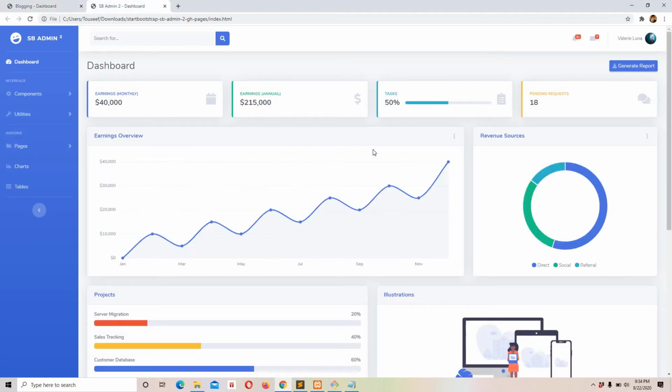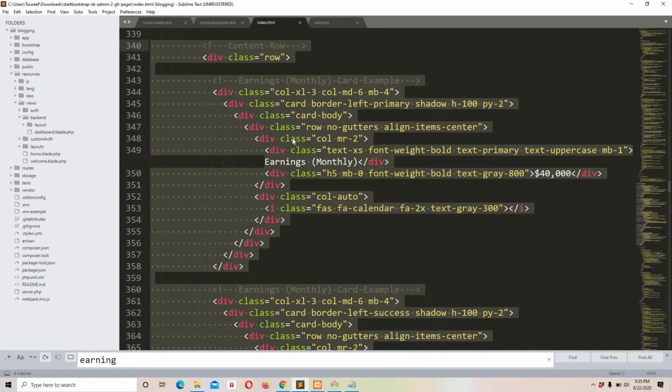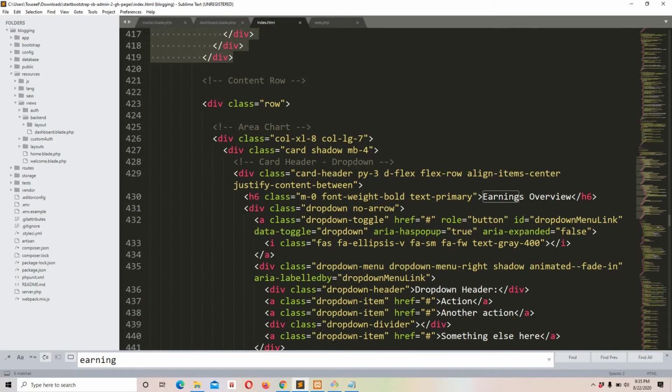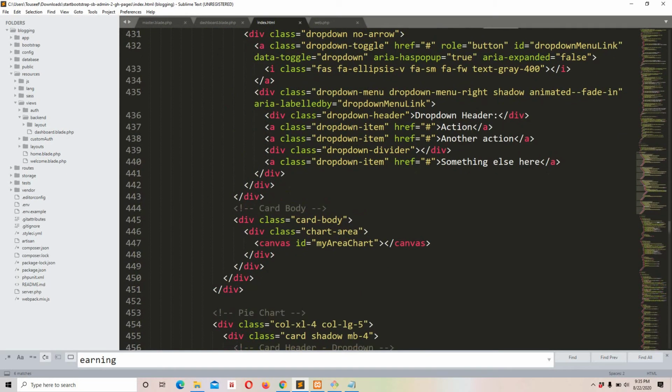Okay, next maybe I need this chart, or maybe later in this video we are not going to use this chart, but for now I want to create a template for a dashboard. So I will just create this div, and I will look for it in the dashboard or index.html. So I will just go down right here. This is a chart.